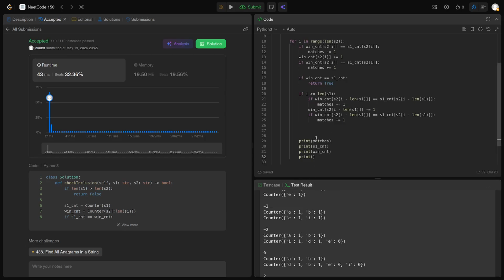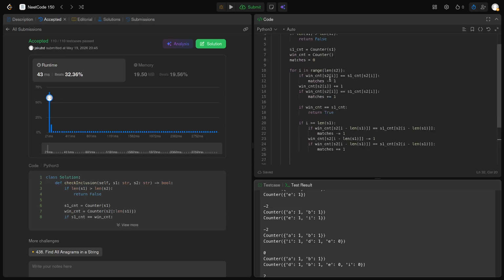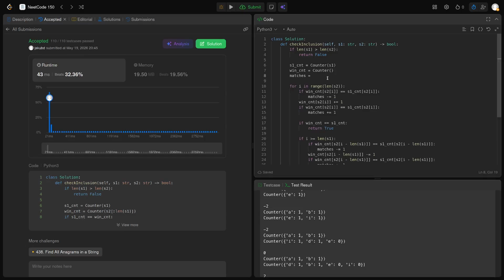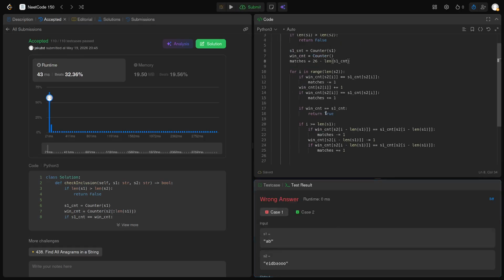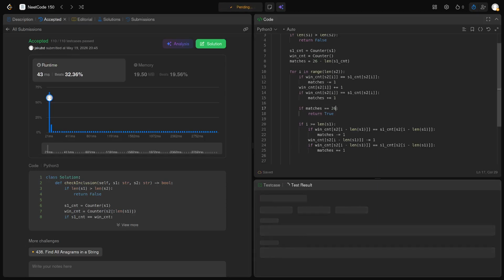Because no, matches should be 26 minus len of S1 count. And whenever matches is at 26,